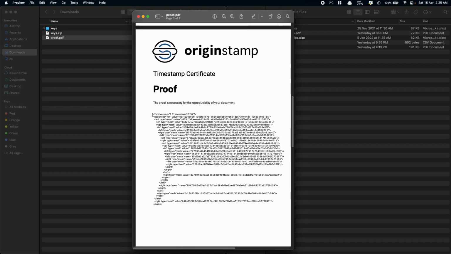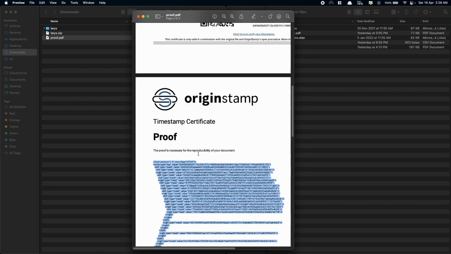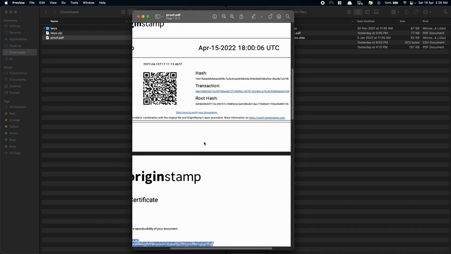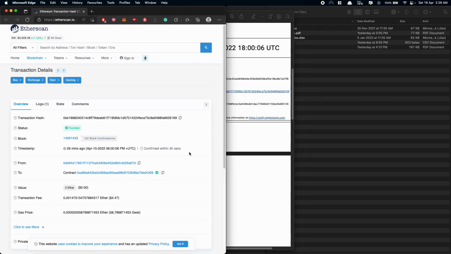This XML snippet represents the Merkle branch from our submitted hash up to the Merkle root, and the Merkle root is then the hash that is uploaded onto the blockchain itself. So we can take a look at the blockchain details. This is a hash block explorer, which is independent from Origin Stem,